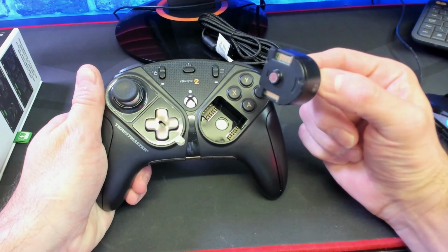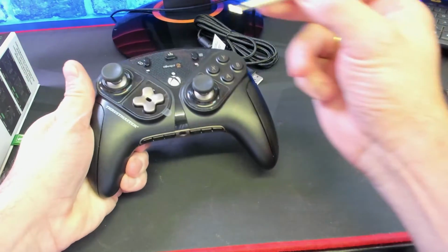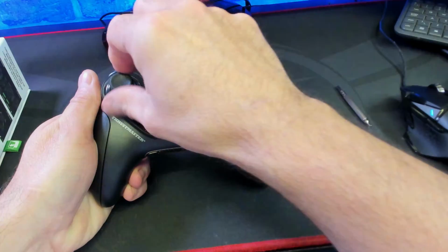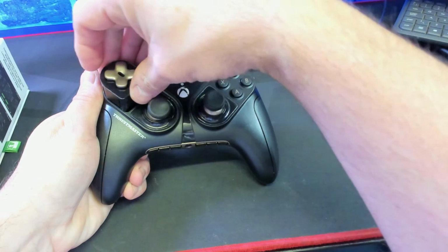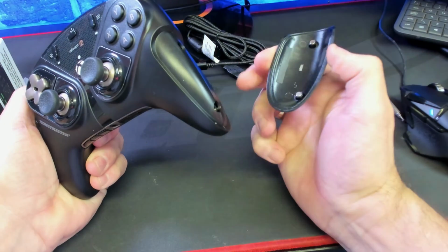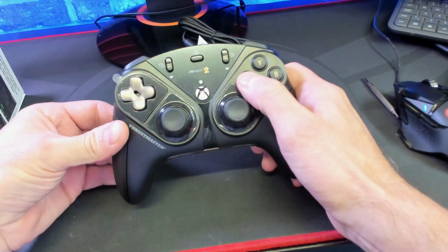That configuration carries on around the front. You can see the mini sticks, they're just held in via a strong magnet. So these can be swapped around on the fly whilst you're still playing. And you'll see from earlier that tool that you get in the cardboard box, that's what we use just to pull out the D-pad. If you are more suited to a PlayStation controller with the 2 thumbsticks together and the D-pad on top, that's easily achievable here on the ESWAP 2 controller. In fact, that's the beauty of a controller like this, is the hot swappable module. Personalization and customization is the key with this controller. You can see the side grips here held on via magnets, and you can really customize and add extra colors